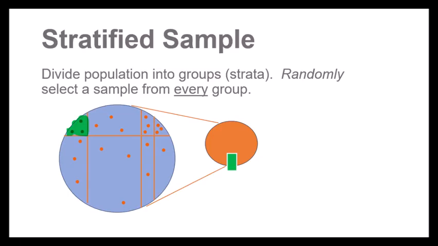Stratified sampling can be really helpful, especially if you want to compare the results from different groups. For example, looking at health statistics for different races to see if there's a difference between them. It is worth noting that these strata might differ in size and also might differ in characteristics, so you need to be careful when analyzing the data that you're not just pulling everything together and ignoring where the sample came from.